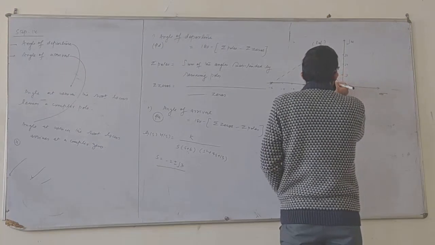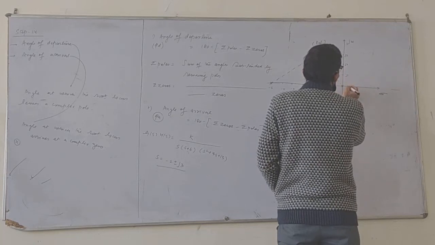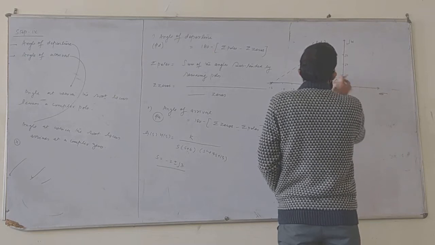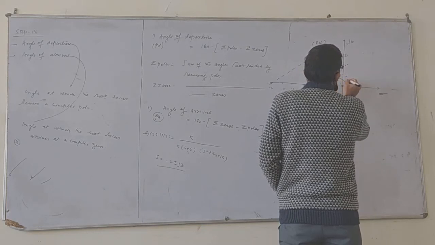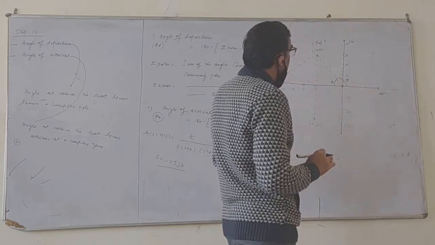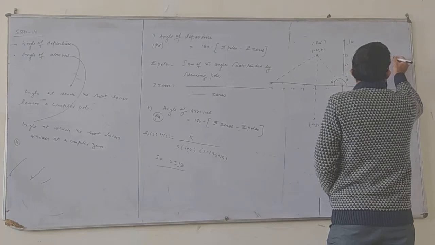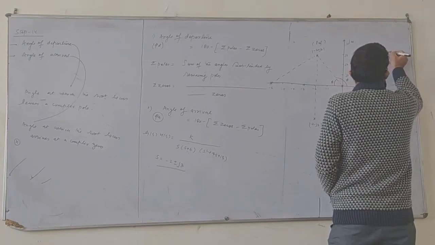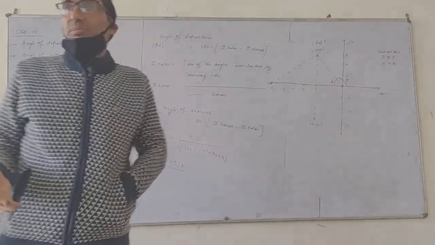Now for this I have to find this theta. But what is my requirement? I need to find this angle for this pole, with respect to this pole I need. Let's say this is phi. But for this, what am I going to find? I am going to find this theta. So how can I find the theta? So we have sine theta, cos theta, tan theta. You always remember this.